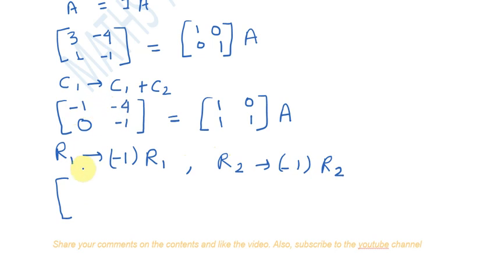Here row 1, if we multiply it with -1, we get 1. Here it is 4. Then row 2, what do we get? 0 doesn't change, -1 would become 1. Now over here what do we get? We get -1, then 0 remains same. Then what do we get over here? -1. Here also we get -1. So this is our matrix right now.